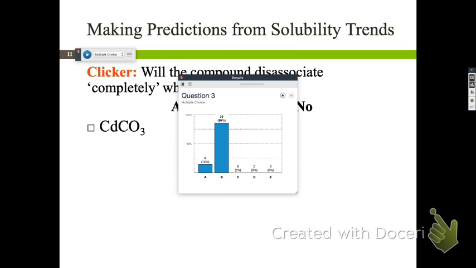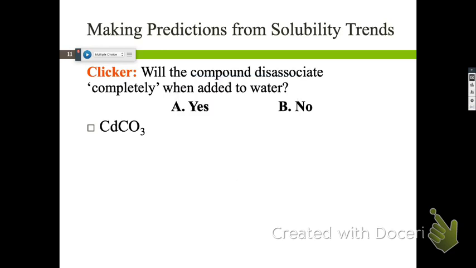All right, majority of the class says that this is not going to dissociate. That means if you put cadmium carbonate, thank you. I need more coffee this morning. If you put that in water, is it going to separate or not? How do we determine that? So first of all, charges, right? That's a really good first instinct. If you're on a test or you're just thinking through this in your regular life, be like, well, there's a 2+ and 2-, so it's probably going to be insoluble.